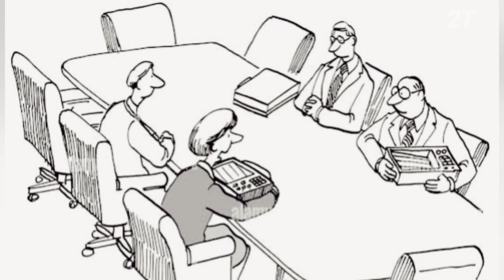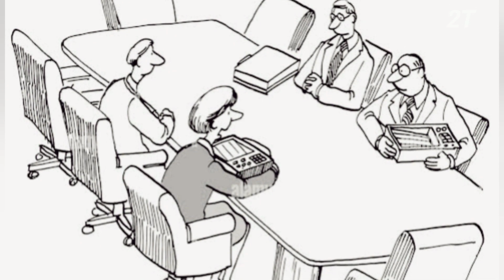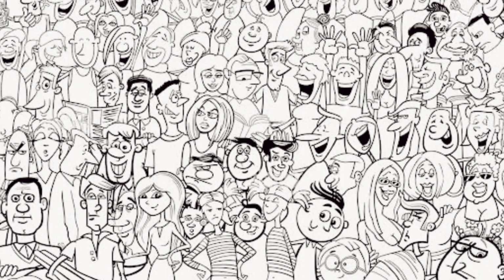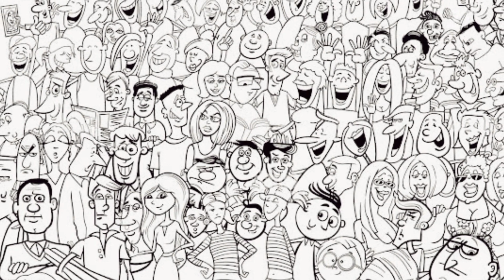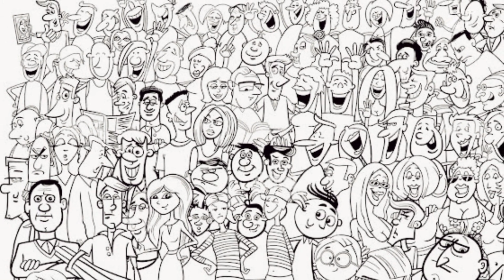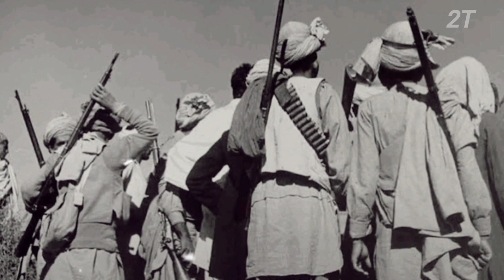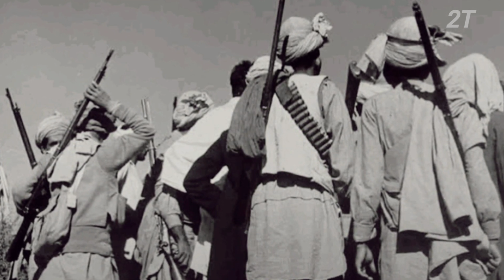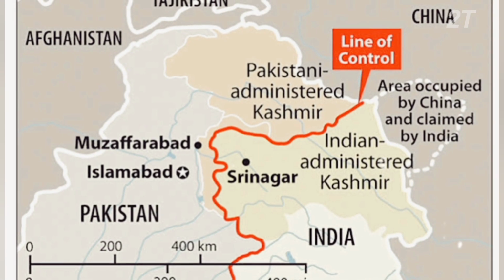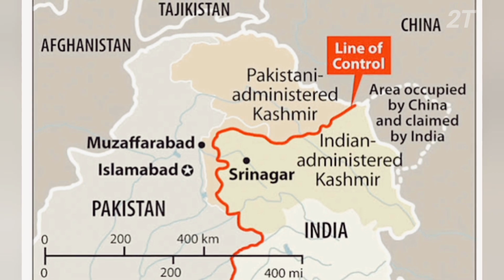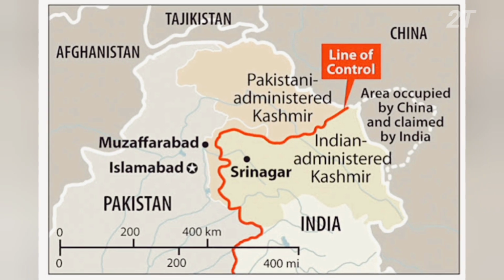There was heavy pressure from both sides to accede to either India or Pakistan, but some citizens of the state were even considering a push for complete independence from both countries. Tensions boiled over at the start of October 1947 when a pro-Pakistani tribal rebellion in Kashmir broke out and Pakistani troops quickly came to their aid. Pakistan's goal was to seize the capital, Srinagar, within the first weeks of their arrival.